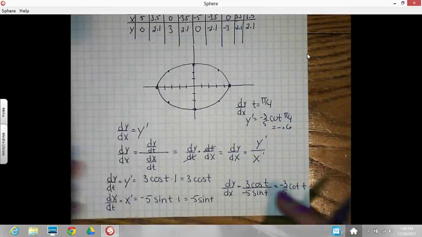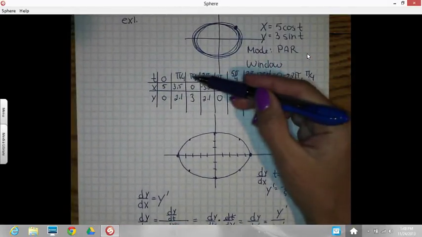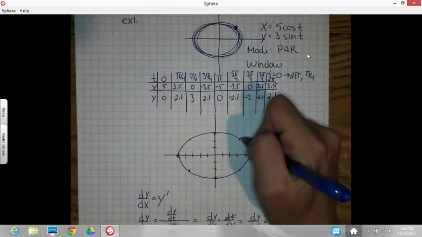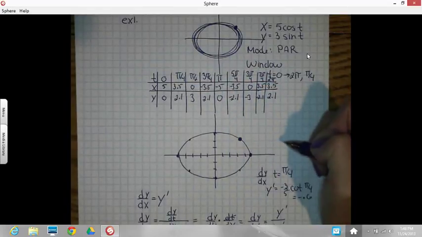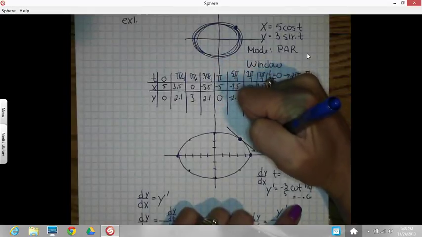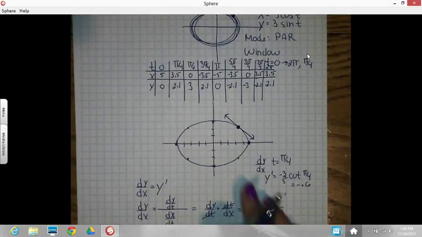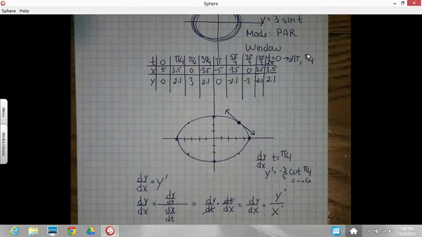And if you look at your graph, when t equals pi over 4, I'm talking about this point here. Our derivative value came out negative 0.6. That's giving me the slope of that tangent line. And it seems reasonable because I got that negative slope going there. Okay, let's try one more of these. One that